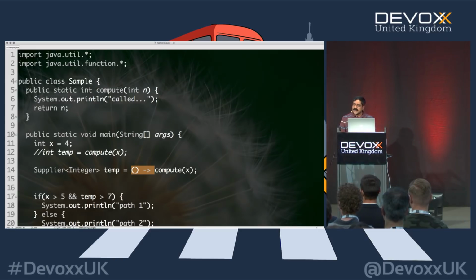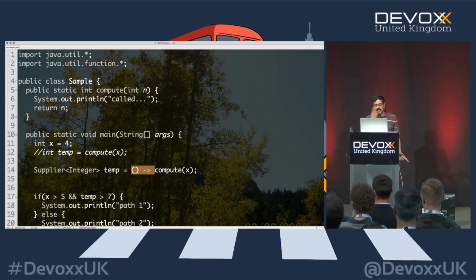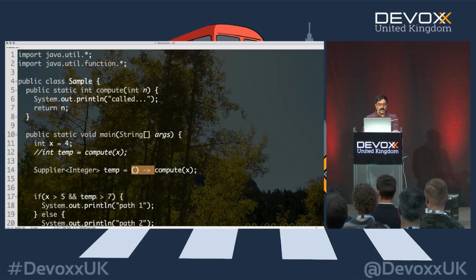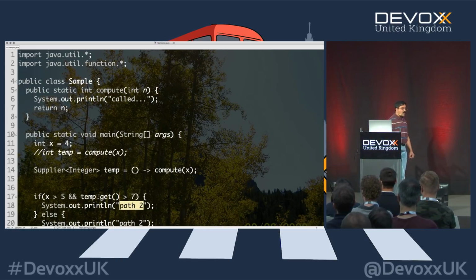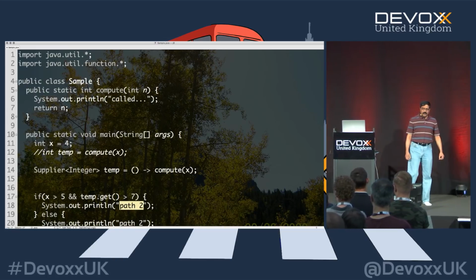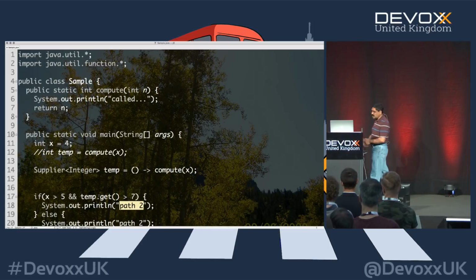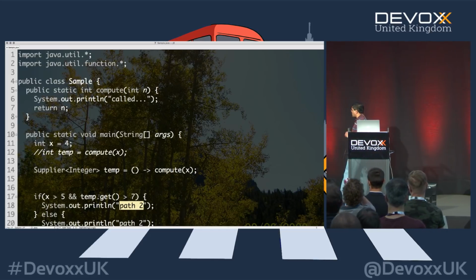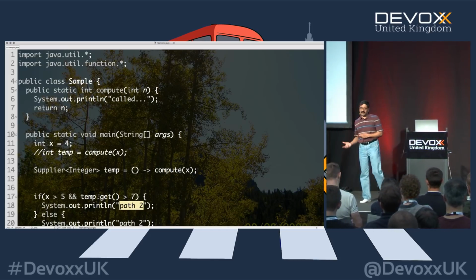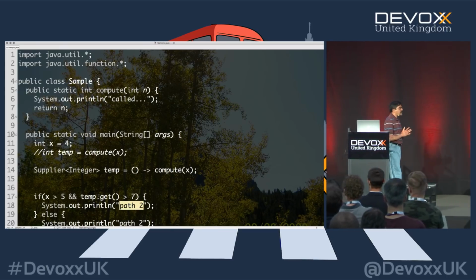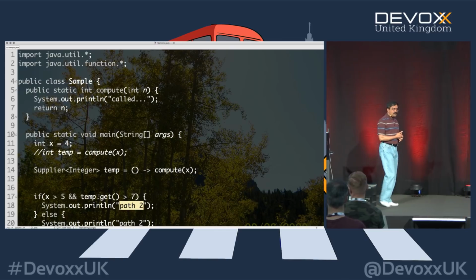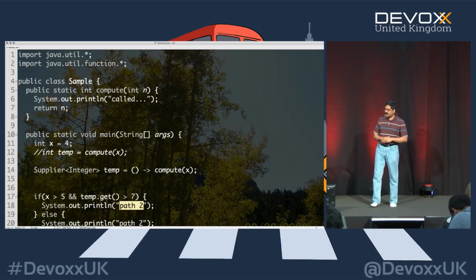Now that we create a Supplier of temp and put the lambda in there, then we can come here and say get right here, and then when we execute the code, you can see we did not bother calling the compute method. Now, of course, there's a deficiency in this approach. We can solve problems later on, but it at least gives us a glimmer of hope that we can actually head in this direction. If you really want to do this, well, you could write this all by yourself if you wanted to. Nothing stops you from doing it.